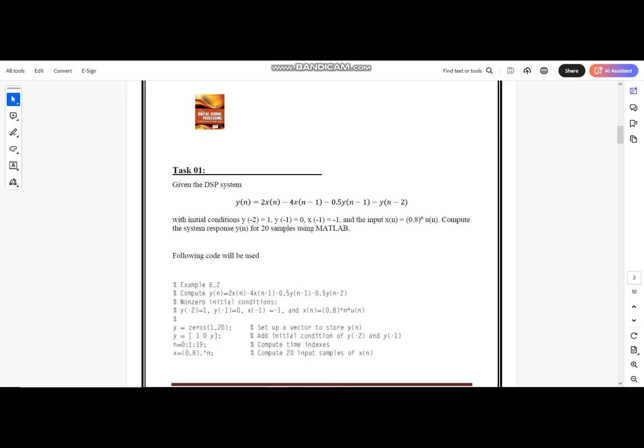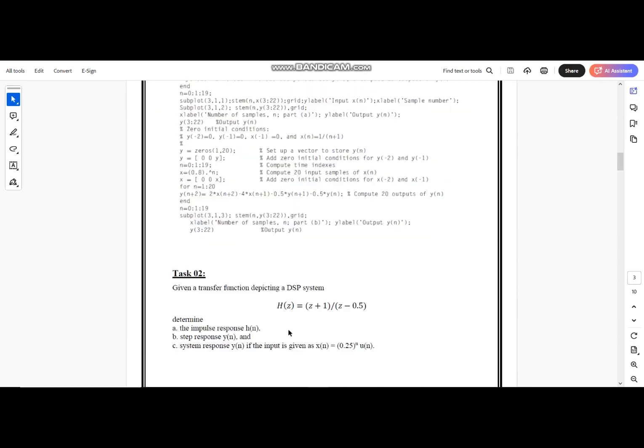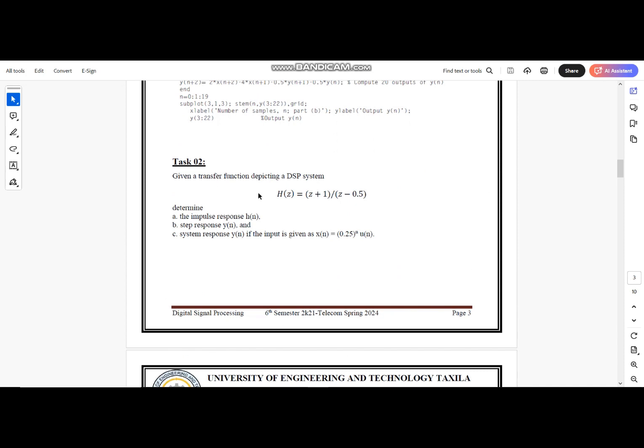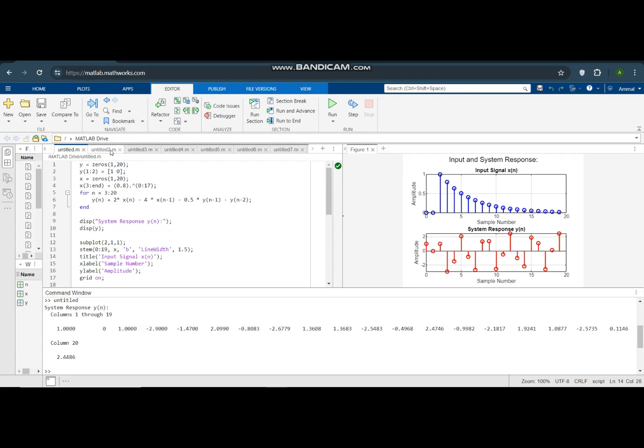The next task is: given a transfer function depicting a DSP system, determine the impulse response, step response, and system response of the input signal x of n equals 0.25 power n, u of n. The MATLAB code for it is